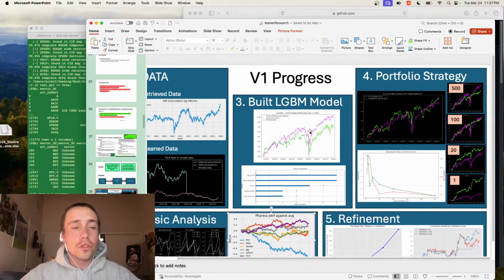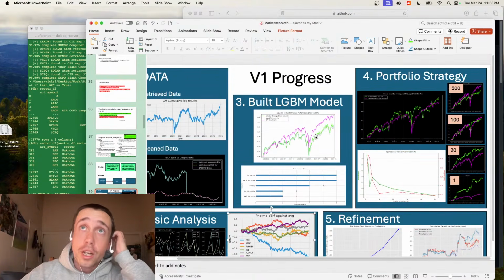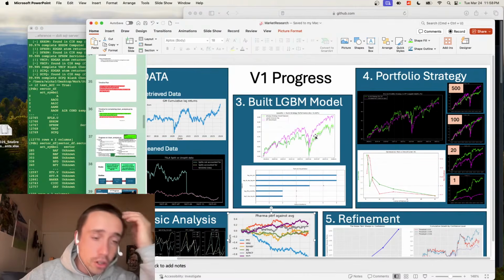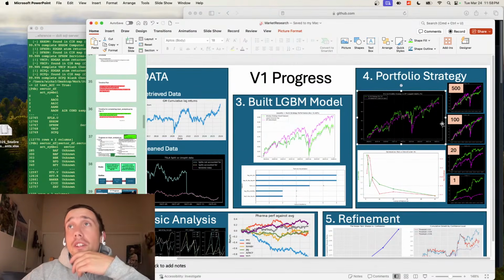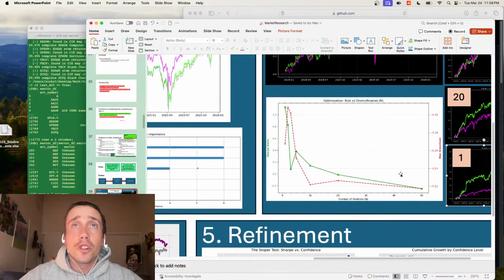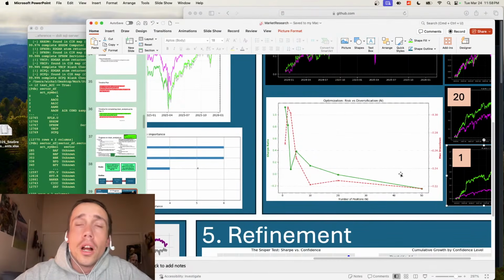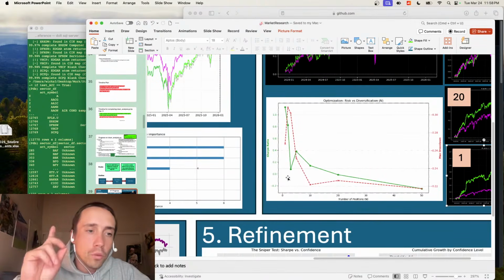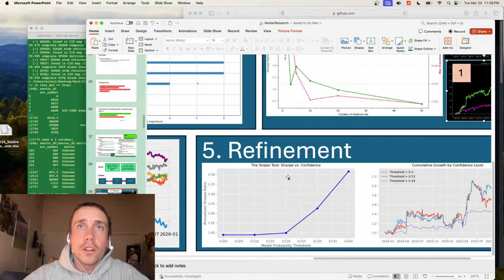And so the next step was to create a LightGBM, light gradient boosting machine, model, which I show here. Here it's underperforming the S&P 500. I am getting about 51.5% returns. That was the best I was able to do. I did find some successful portfolio strategies which worked on this, but there's a couple keys here that make the model fragile. First of all, if you look here, I'm plotting number of positions versus Sharpe ratio, and you need a Sharpe ratio of at least 1 for the model to be usable. And you see here, the only one that gets a Sharpe ratio above 1 is if I'm only picking one stock per day. So that's the first indicator it's fragile.